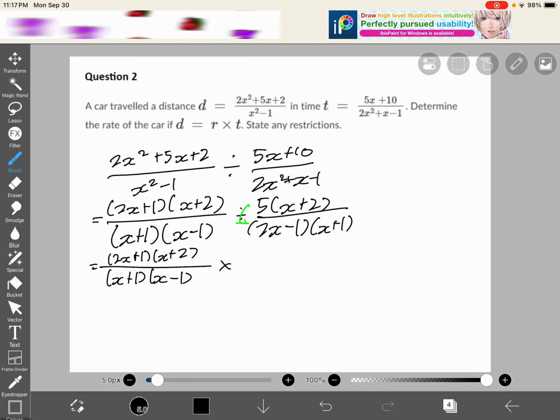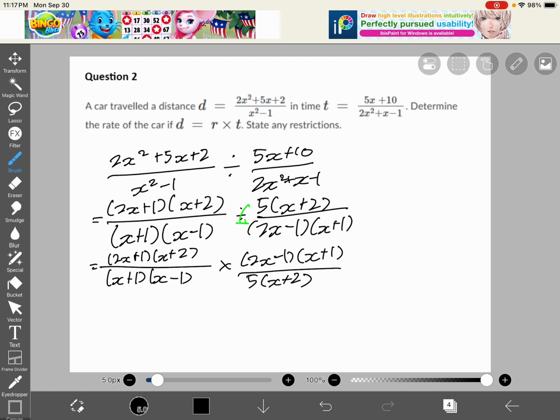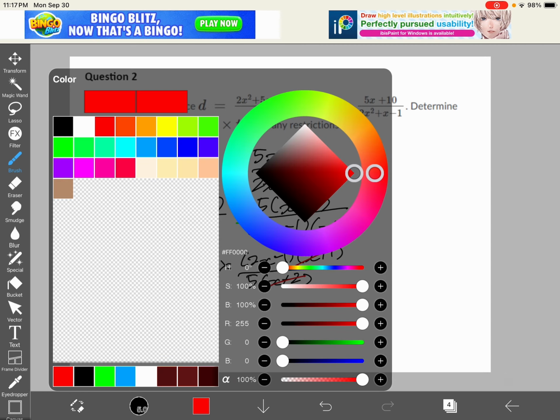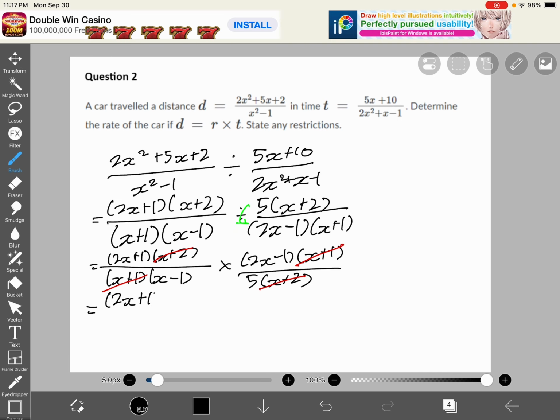It still is. So here we're going to flip these two, right? So 2x minus 1 times x plus 1 goes on top, and then the 5x plus 2 goes on the bottom. And then we can start canceling it out. So x plus 1, wait, let's change it to a different color. X plus 1, what else? X plus 2, and then I think that's it. Yeah, okay, and then we simplify it down even further to 2x plus 1 and 2x minus 1